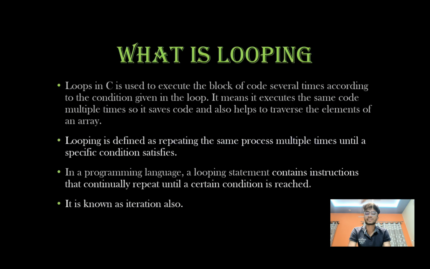So coming to the first topic: what is looping? Looping in C is used to execute a block of code several times according to the condition given in the loop. It means it executes the same code multiple times, so it saves code and also helps to traverse the elements of an array. Looping is defined as repeating the same process multiple times until a specific condition is satisfied. In a programming language, a looping statement contains instructions that continuously repeat until a certain condition is reached. In simple words, looping is the process of executing the same code multiple